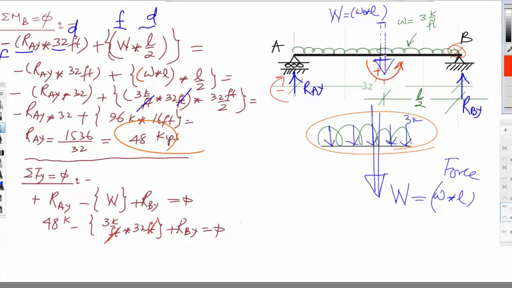Then we get RBY is equal to 48 kips, and this is because this is uniform load, so this must be equal to this. So that's for the reaction part. And again, like I said, the reaction part has this important concept that we need to pay attention to. So now that we have done the reactions, there are 48 each, we'll move on to